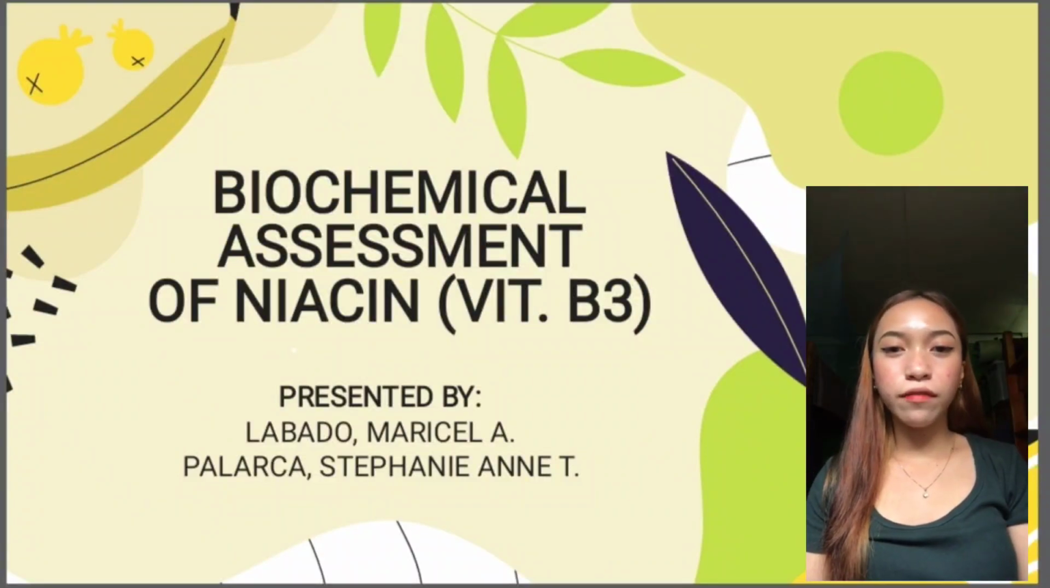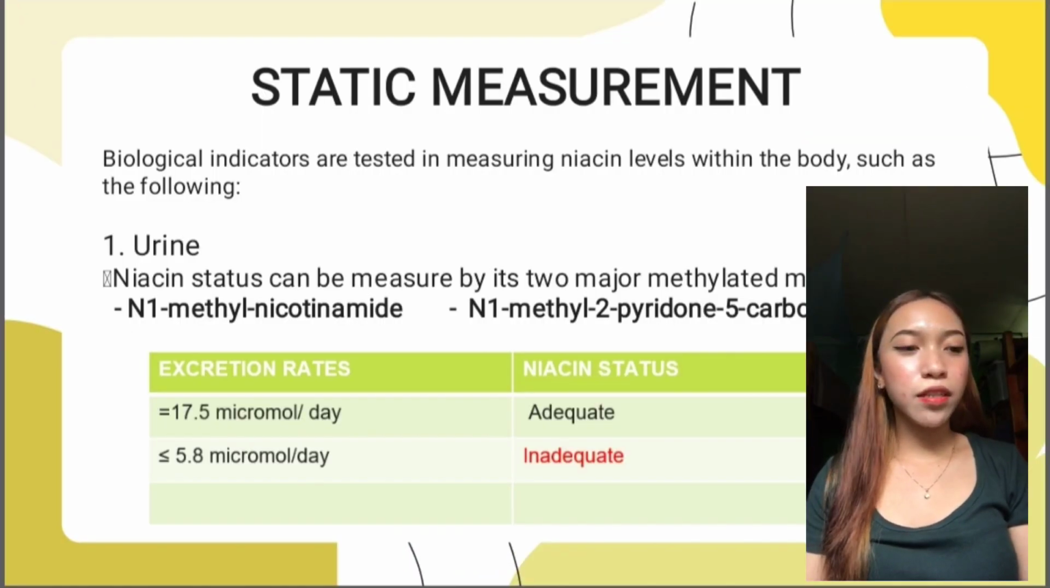Biochemical assessment of niacin. Static measurement. Biological indicators are tested in measuring niacin levels within the body, such as the following. First is the urine test. Niacin status can be measured by its two major methylated metabolites, which are the